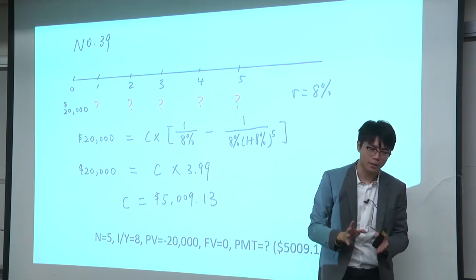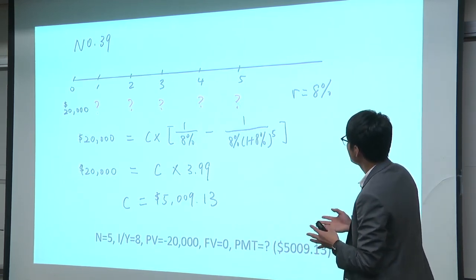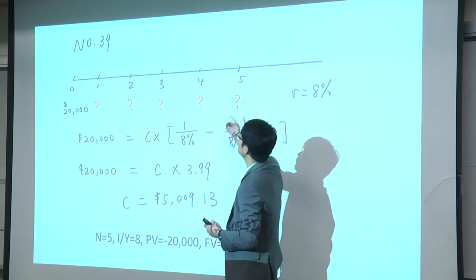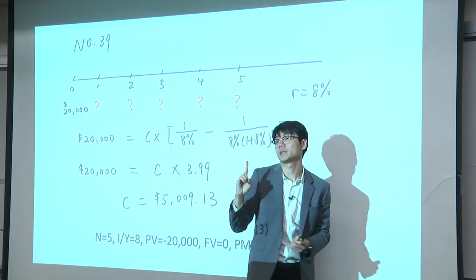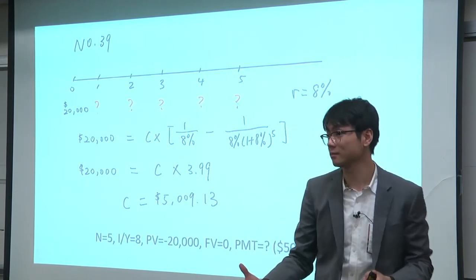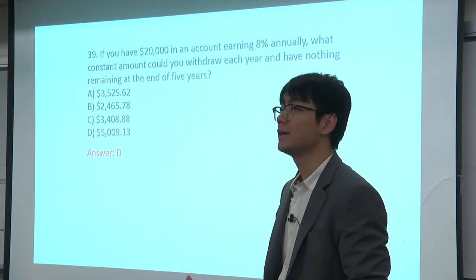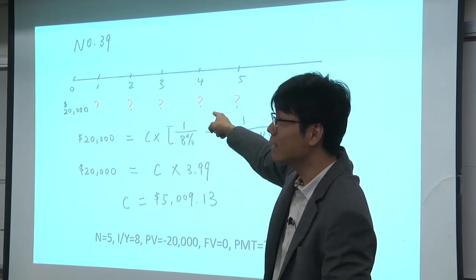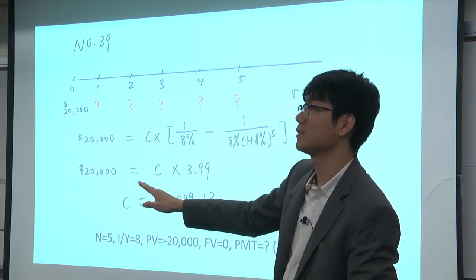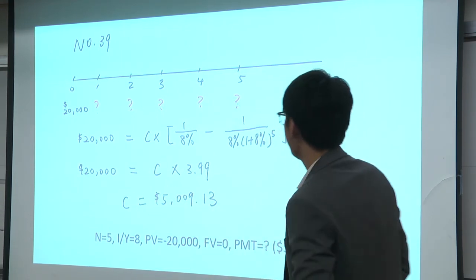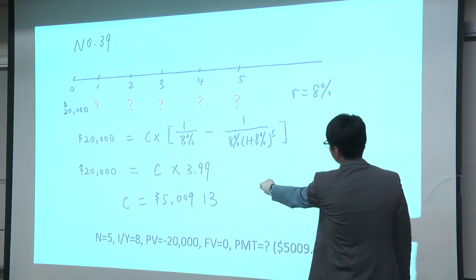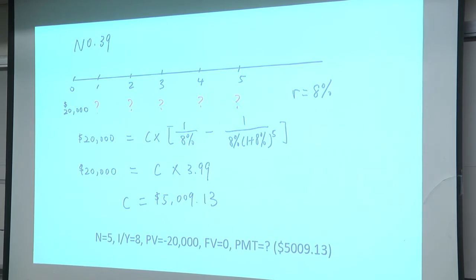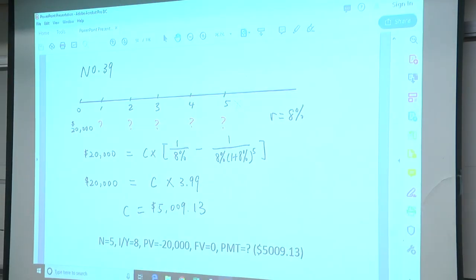So you can have a few thoughts about this question. What I do first is, what if we don't have a financial calculator? You can consider these 5 payments as one annuity that has a present value of $20,000. It's like saying you sold an annuity to somebody. You received $20,000 today, and you pay this person 5 times. You can either do that to reach the payment, which is $5,009.13, or you can simply use the calculator to do this.